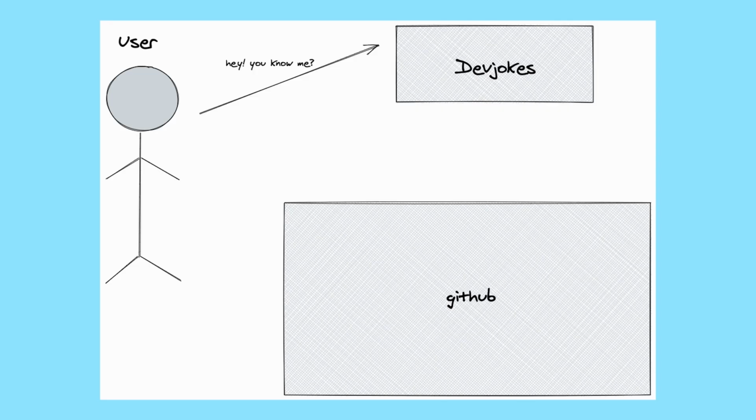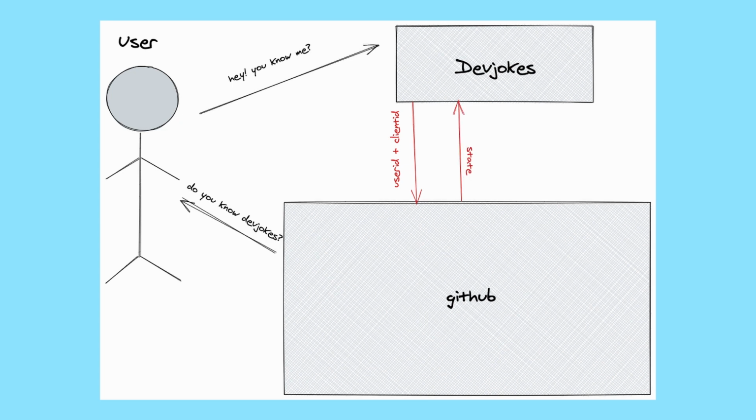So when a user arrives on the third-party website and says they want to log in, the third-party website uses its client ID and sends the user over to GitHub. So the user goes on GitHub and decides if they are okay with all the information that the third-party website can access from GitHub and says authorize. So when they say authorize, GitHub will send back a state or code to the third-party website, which will